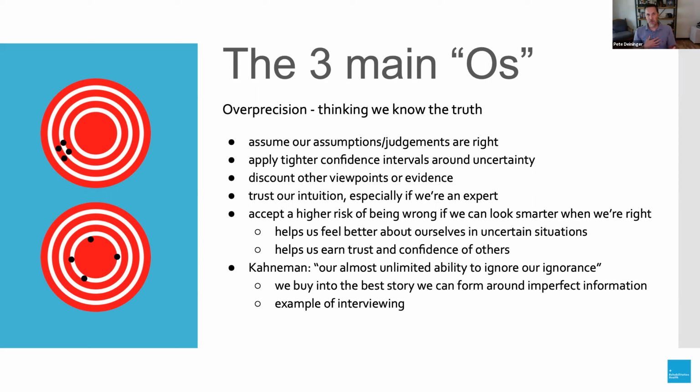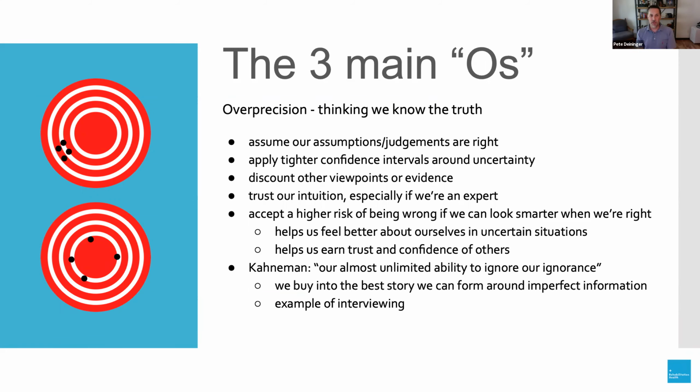We have a tendency when we are applying that to discount the views, or in some cases just the outright evidence, that others are supplying, because we think that we have a better framework for knowing what is true or correct. And we also are more likely, especially if we have expertise in a certain area, to trust our intuition. We rely on that to help guide us because we are an expert, and so therefore our gut is able to tell us more of what is true or accurate.